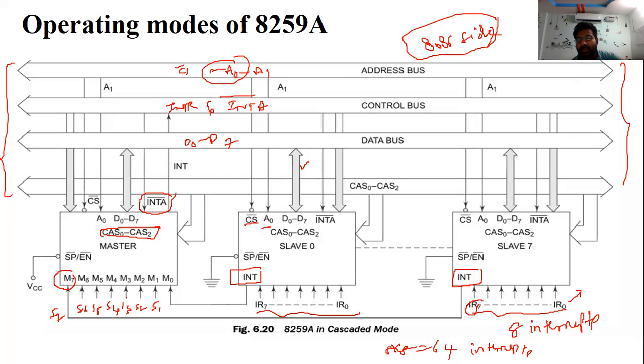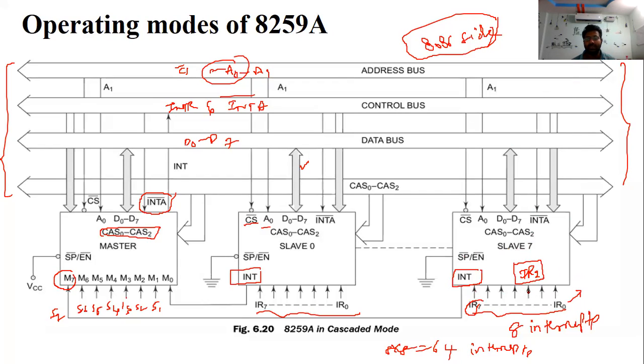Any device connected to IR0 is the highest priority device, and the priority decreases toward IR7. Similarly, suppose IR2 is giving an interrupt request.